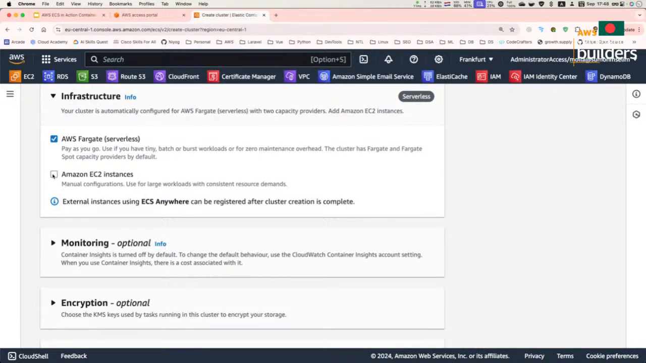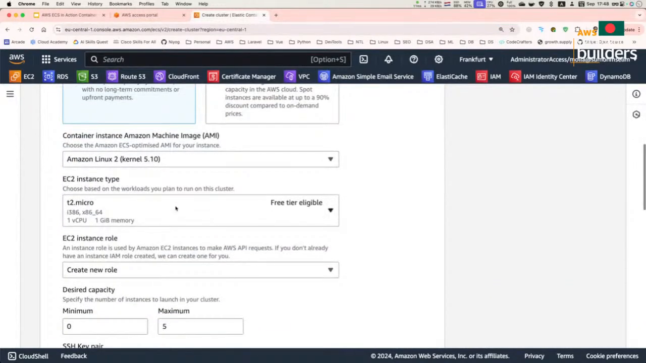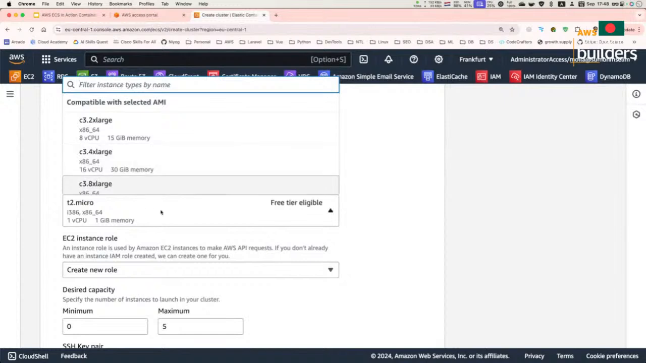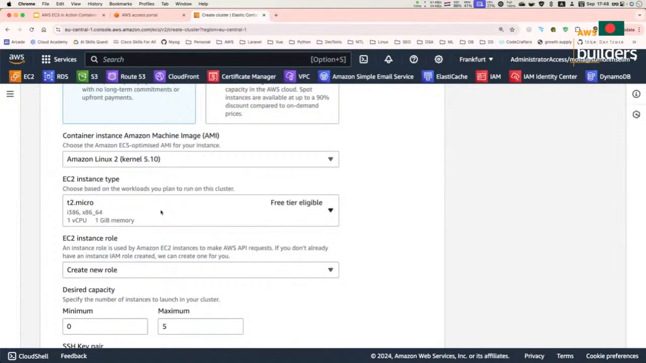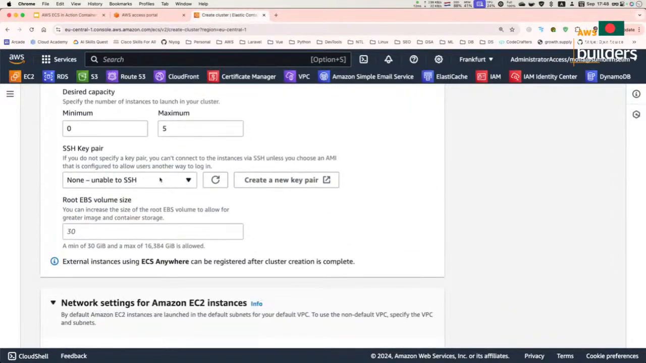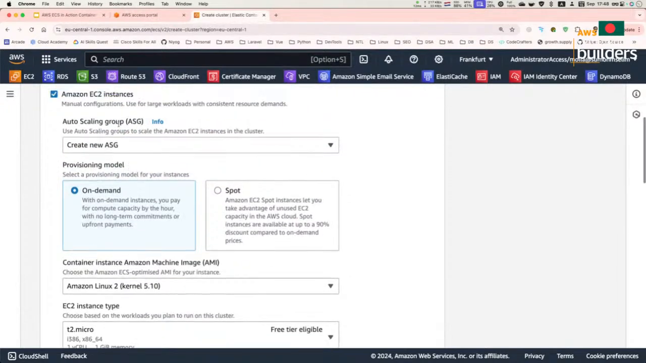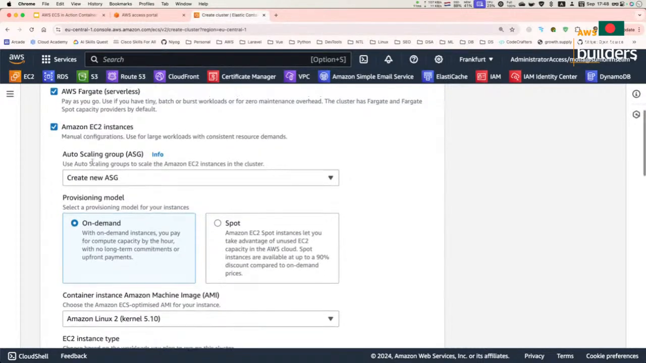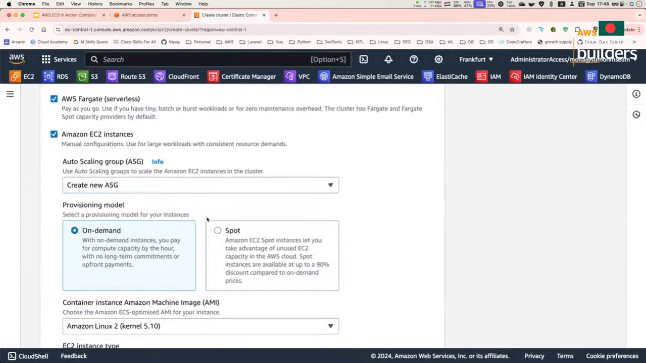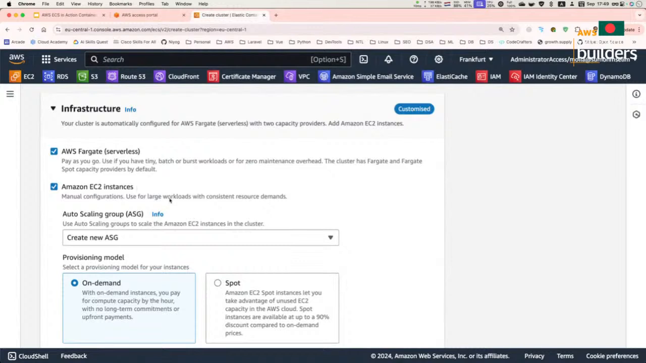Those who already know about EC2 instances know that to run EC2 instances, we need to provide instance types, which has the configuration for how much CPU you need, how much memory you need, and a couple of other options. You can also define the provisioning model, whether you want on-demand EC2 instances or spot EC2 instances. You can also provide an auto scaling group to make sure that based on need, these containers or EC2 instances can